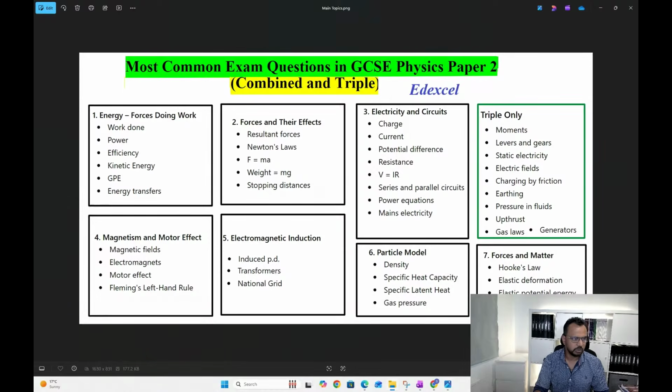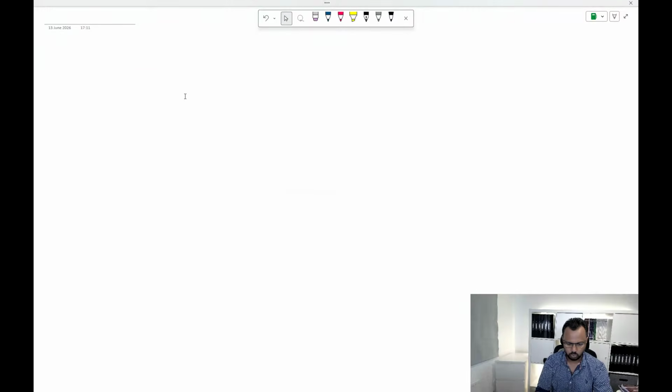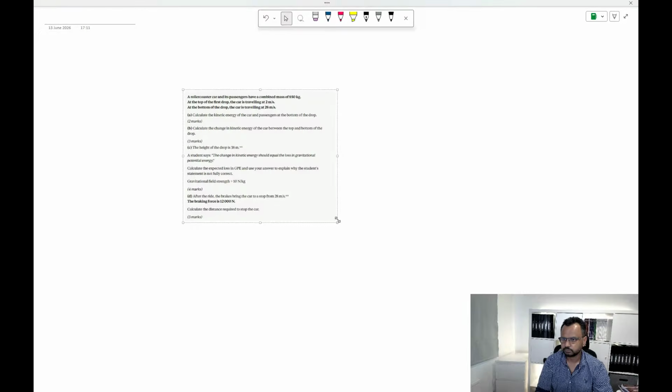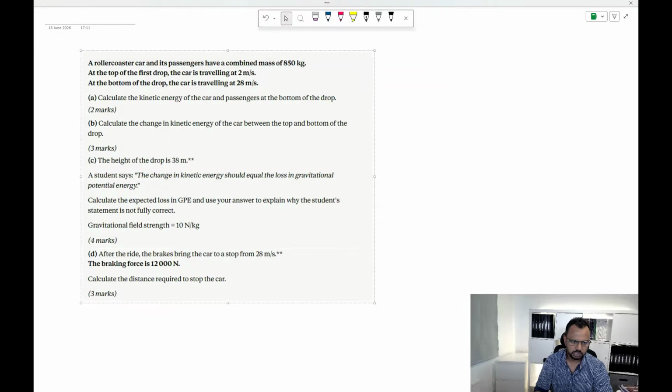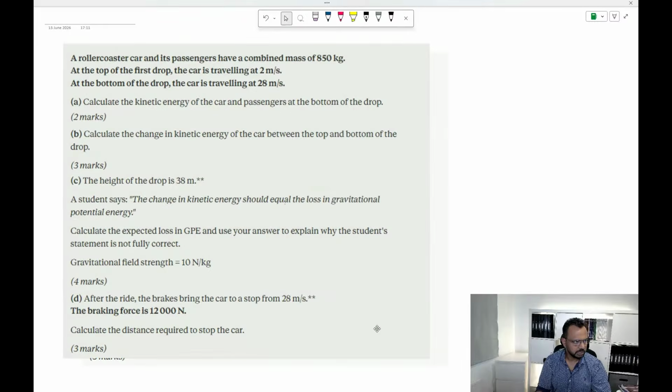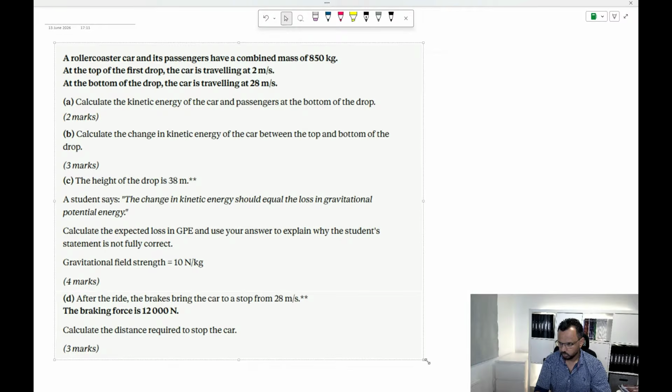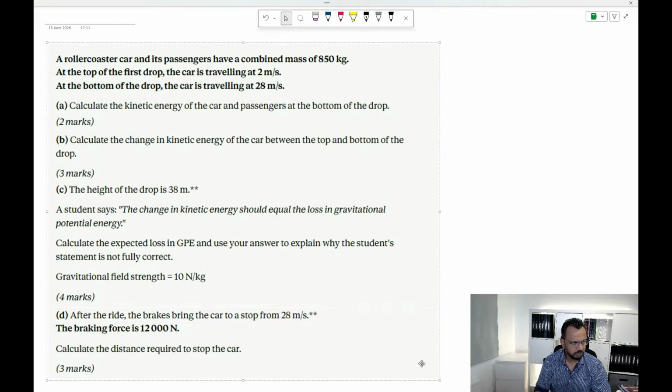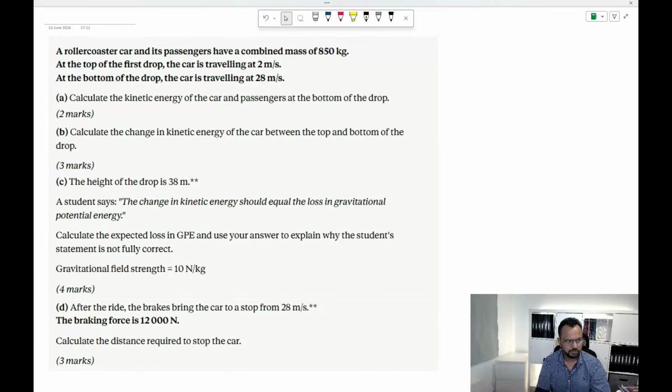So let's start another question. This question is slightly long, but it's a good question. This is also related to the energy topic, guys. I'll make it as large as I can. Now, sometimes the way the shared screen looks for me could be different to how it looks to you. Guys, can you see it? Is that legible? Can you manage to see it, guys? Thank you. All right, let's do that.